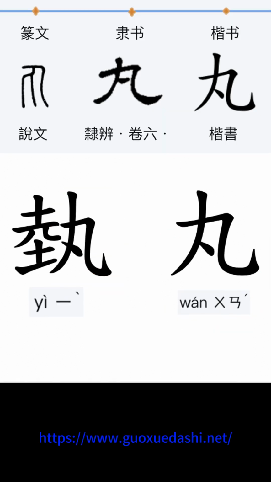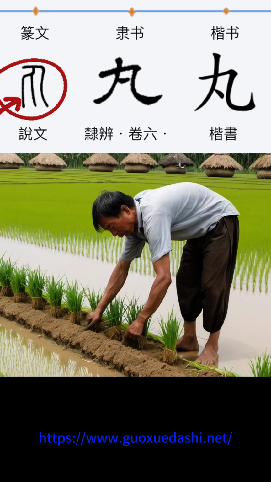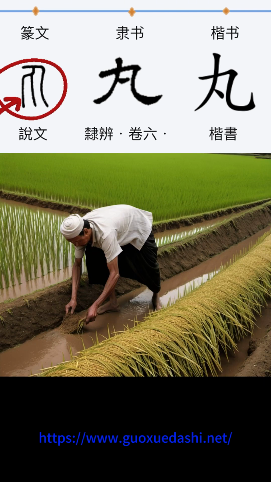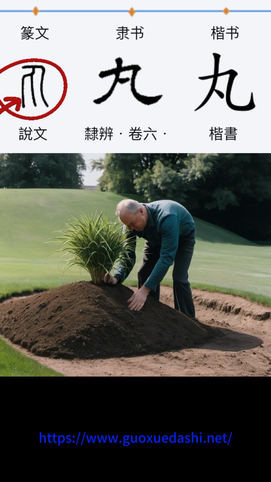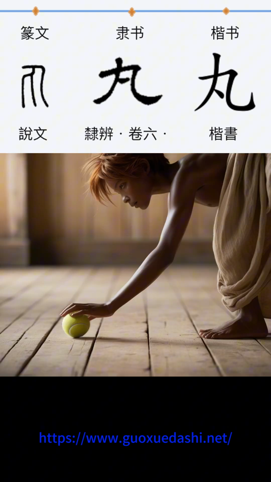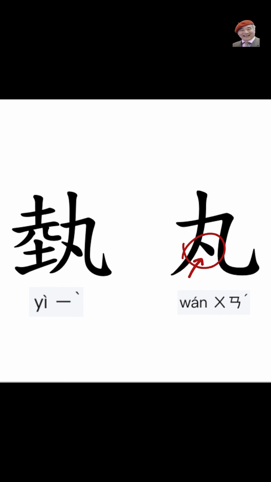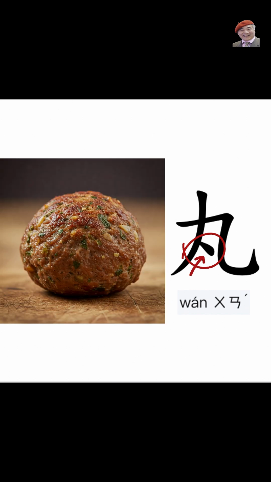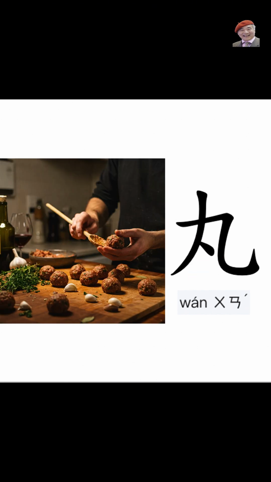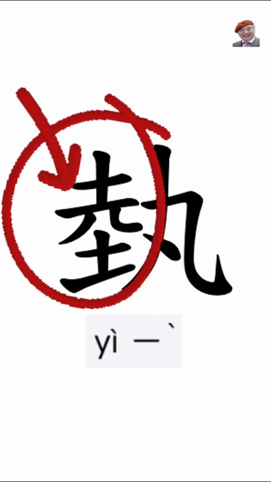玩. In old writings, this looked like a person bending over, using their hands to work with something, maybe rice or plants. But to help us remember, let's imagine that the person is holding a ball. That little dot in the character looks like a small ball. And today, the character 玩 often means something small and round, like a meatball. On the left side of 一 we have